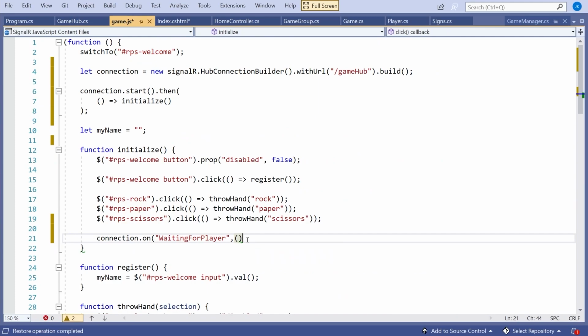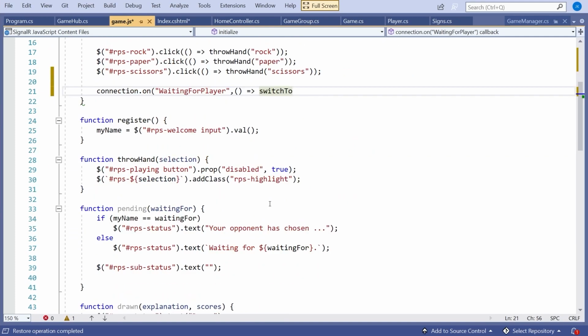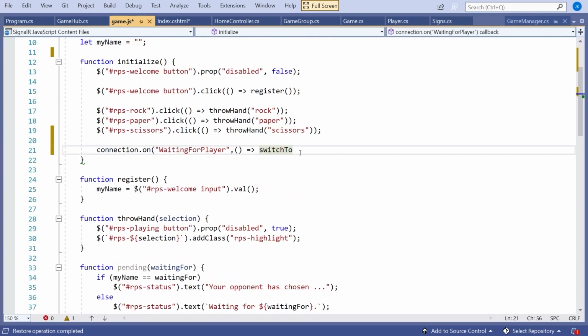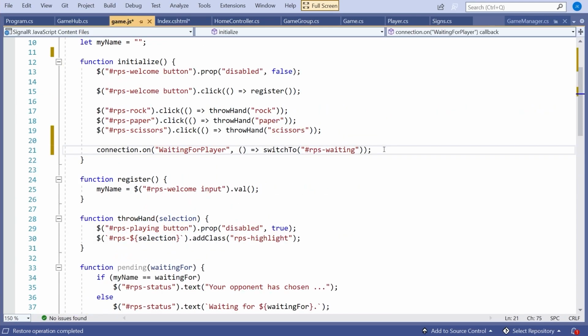All I'm going to do there is call this method called switchTo, which I've declared down here, and we're going to switch to a screen called RPS waiting, RPS for rock, paper, scissors. That RPS waiting is simply this area here, which is now going to be displayed, where it says waiting for another player to connect. So that's our waiting for player.